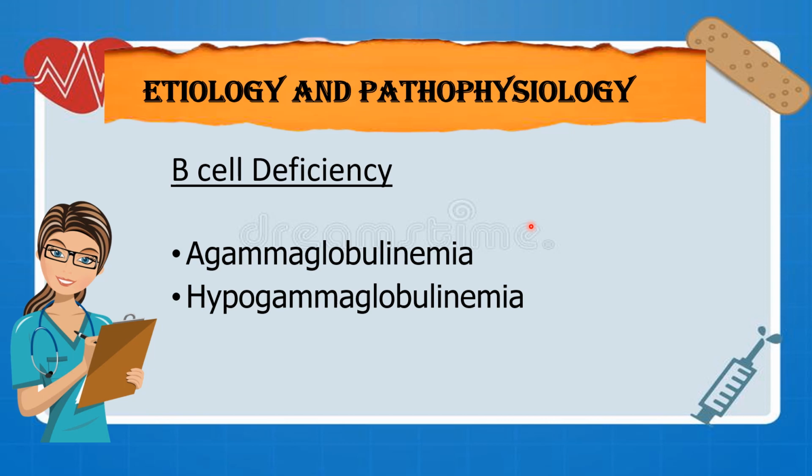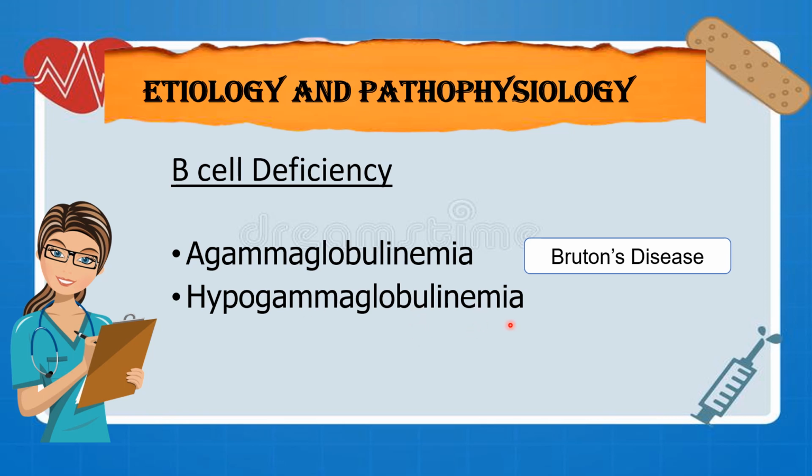Patients with PIDD may have B-cell deficiency, wherein they may have agammaglobulinemia or hypogammaglobulinemia. Agammaglobulinemia refers to the absence of plasma cells leading to complete absence of antibodies. This is also called Bruton's disease, wherein the B cells in the peripheral blood are low or absent. An infant born with this type of disorder suffers from severe infection soon after birth,